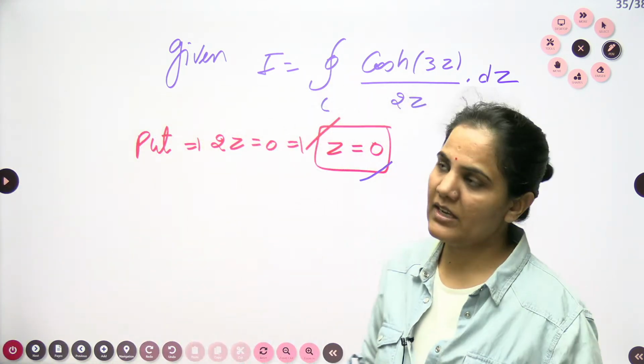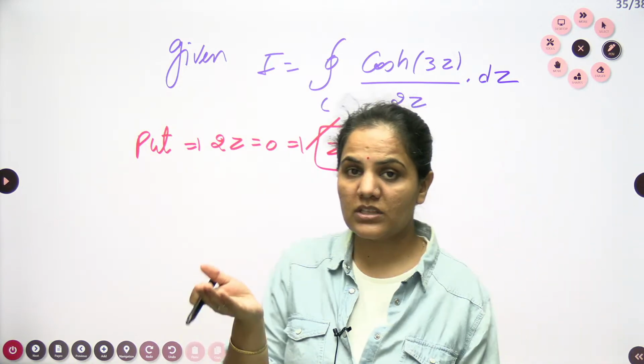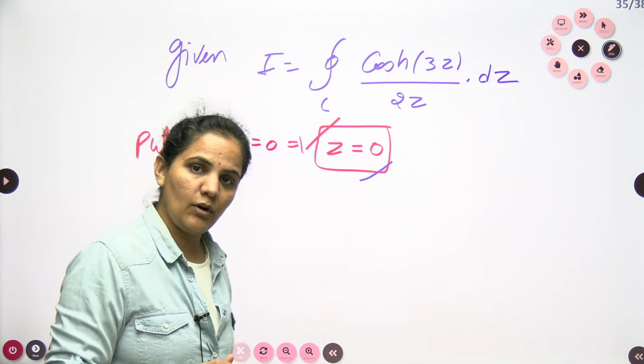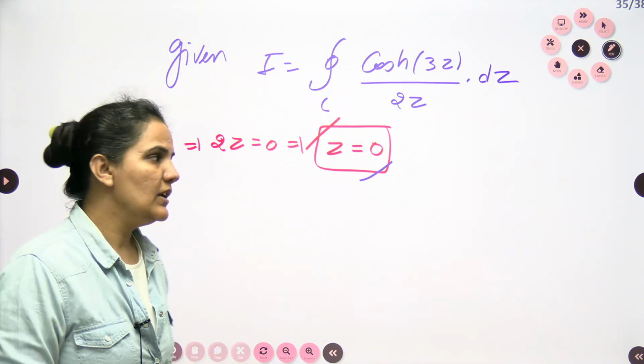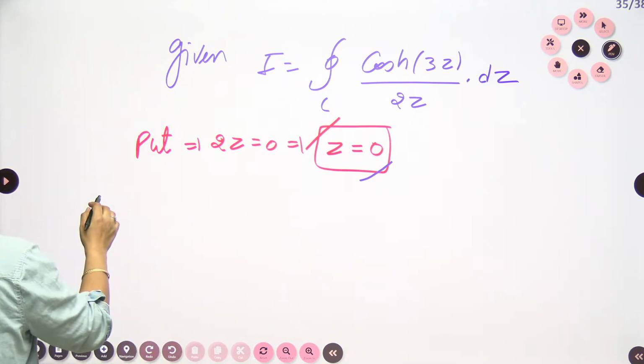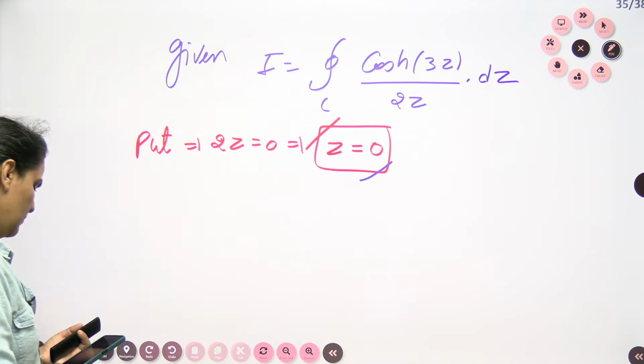So when we have a pole at z equals 0, we need to check. Here you can use Cauchy's integral formula also, and if you want you can go through the residue also. So let's approach at z equals 0. At z equals 0, what we will do,